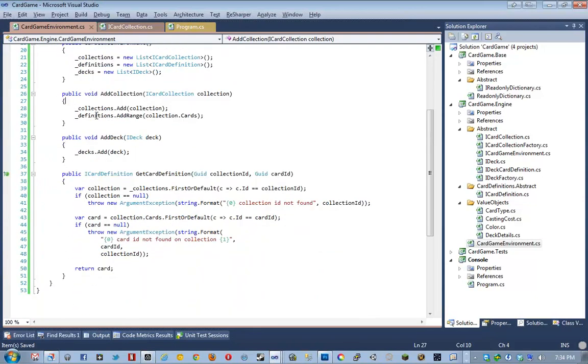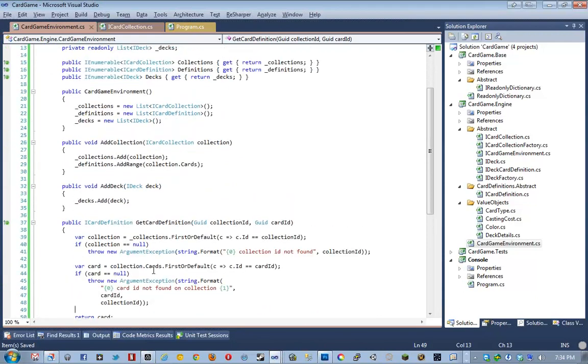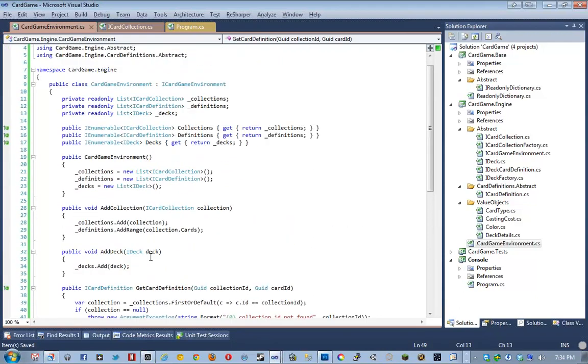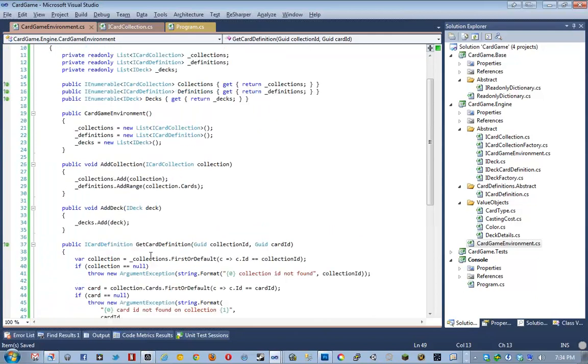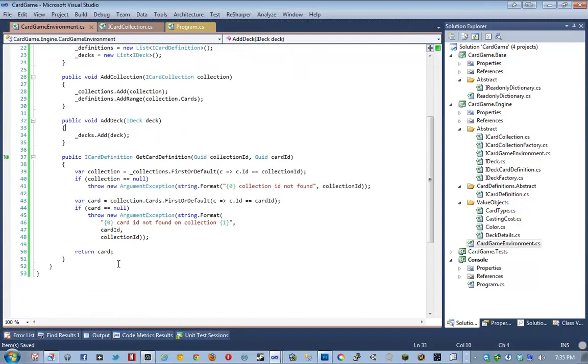All right. So yes, that's our card game environment, and really that's the entirety of it, besides the fact that our card game environment is what's going to be spawning the card runtime. Virtually all he is, is a collection of stuff. He's a collection of cards, a collection of decks, the stuff that you need before a game starts. Now, in order to actually do stuff with them, we need to actually instantiate card collections and decks. And to do that, in both cases, I created, because what I didn't want to do is I didn't want to have a load from JSON method or a load from XML method